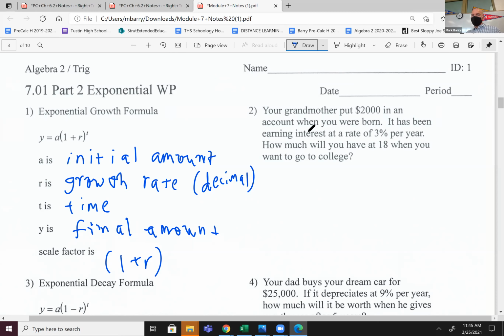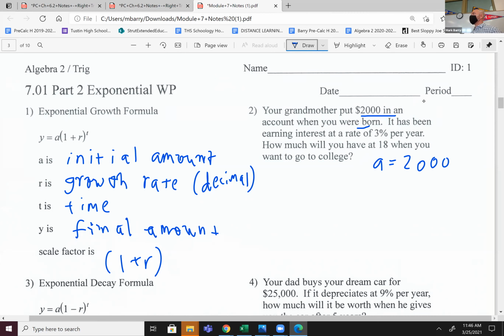Okay, so here we go. Your grandmother put $2,000 into an account when you were born. Now that to me sounds like the initial amount, right? We're starting off with $2,000 at birth. It has been earning interest at a rate of 3% per year. So R is going to be 3%,